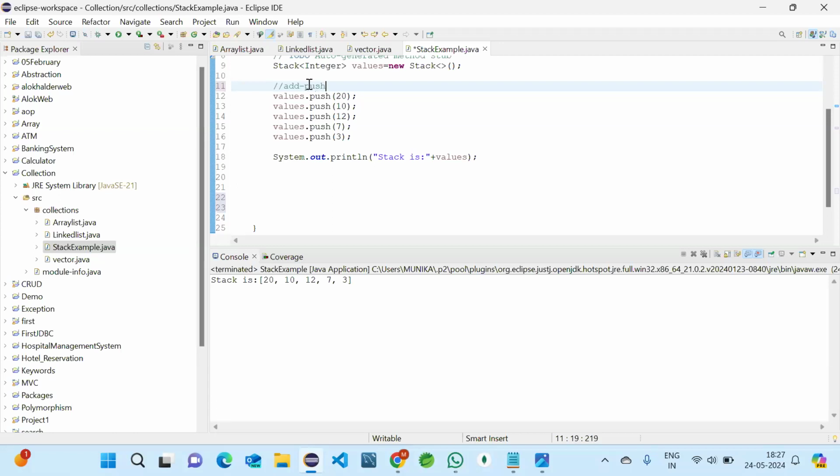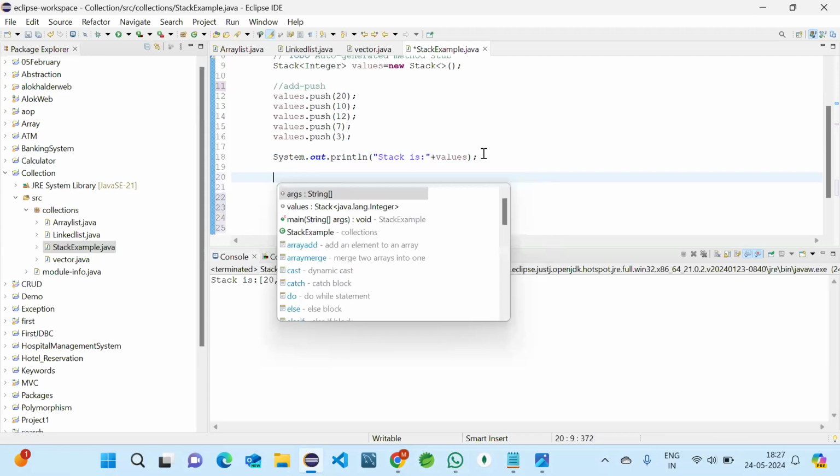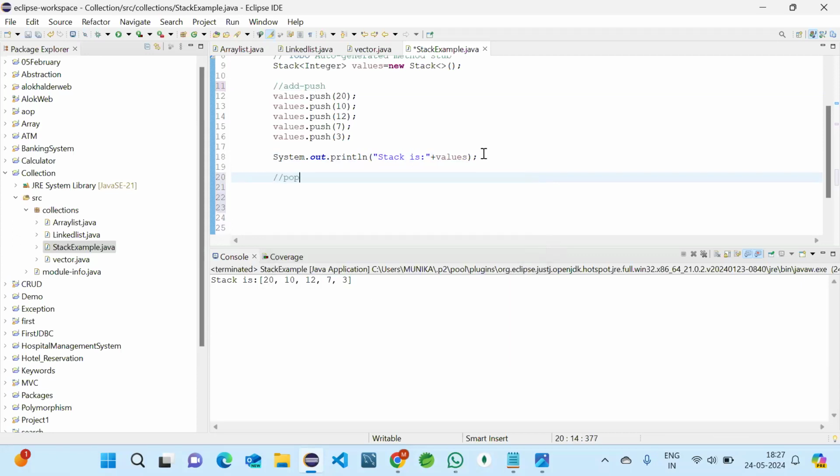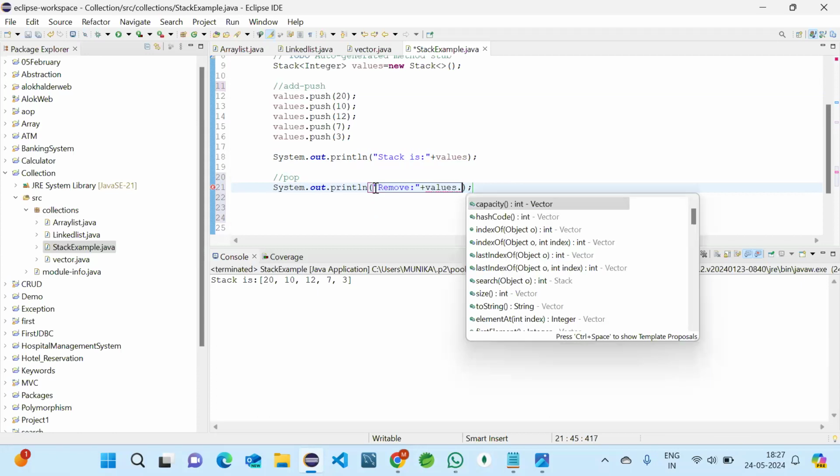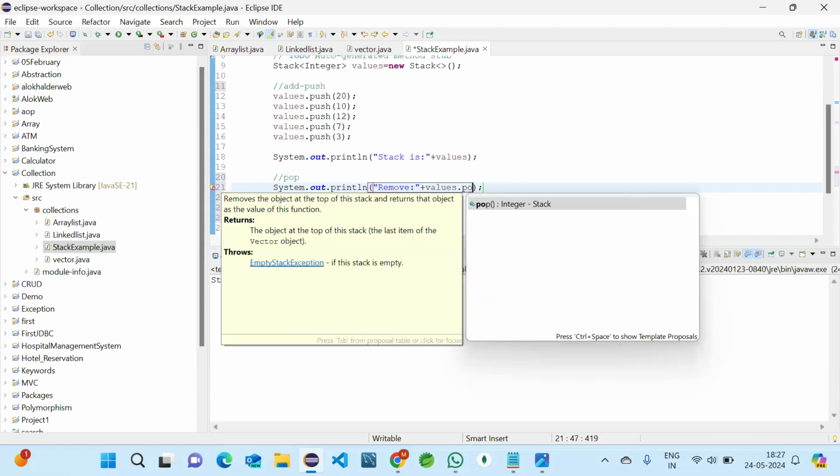Ma'am, 3. Yes, that's right. So we'll do it with an example. Remove, I'm taking, and then what will we do? values.pop operation now. So it's pop.